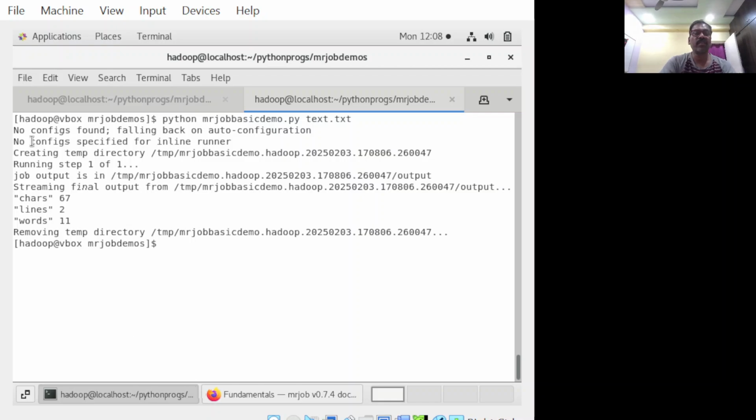So this is just going to show the number of characters in my input data file, and the number of lines. I have 2 lines, 11 words, and a total of 67 characters. So the same thing you can go ahead with. This is local processing. If you want, we can also carry on with